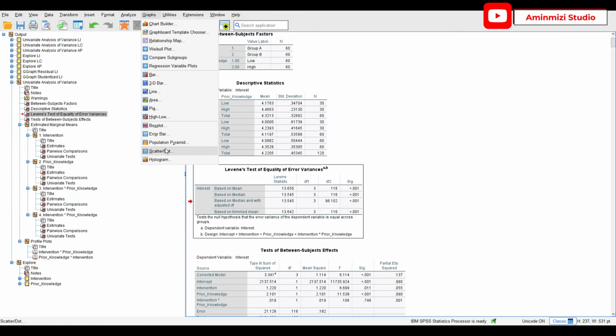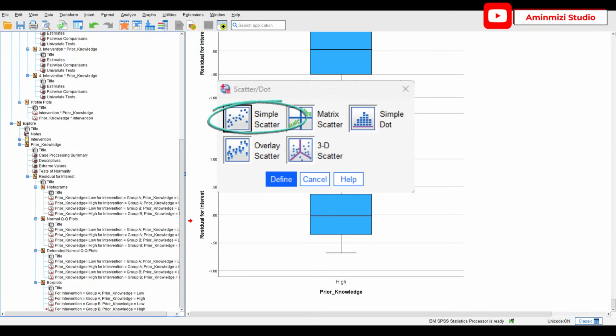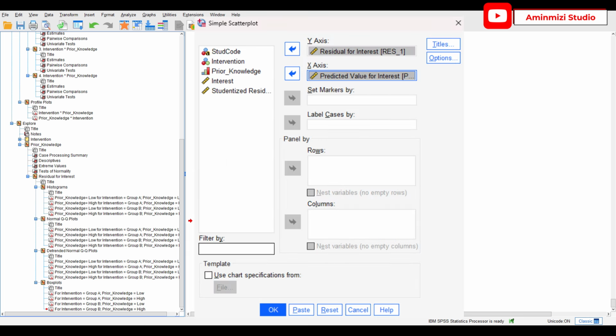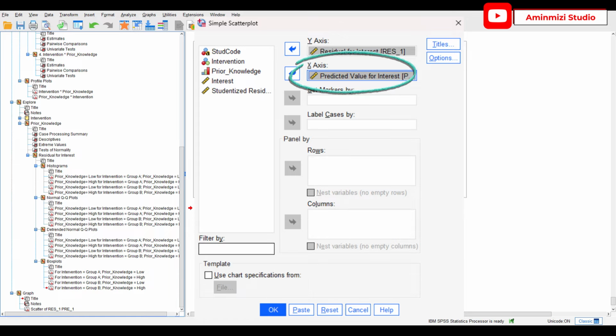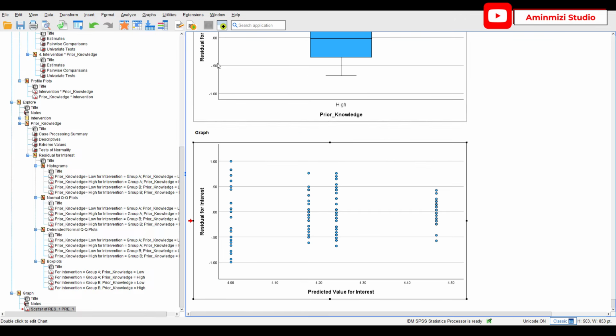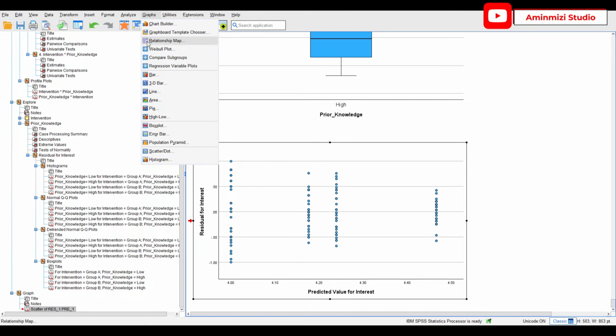Okay, choose scatter. Click on simple scatter. Click define. So we want to see the first one is residual for interest for y-axis against predicted value for interest for x-axis. Click OK. So you will have graph, the first graph like this, and the second one again repeat the same